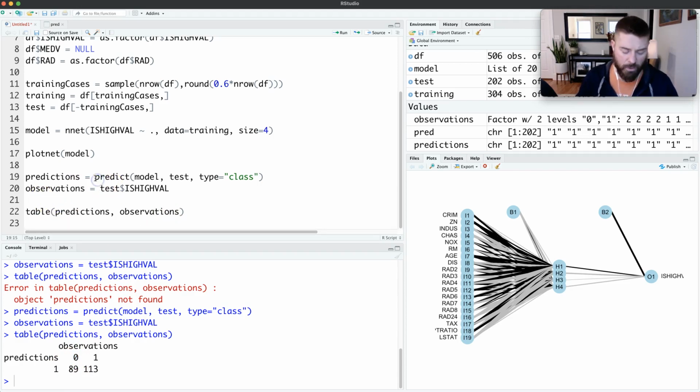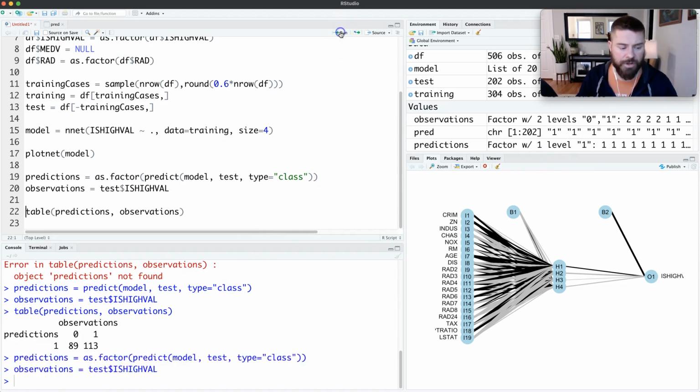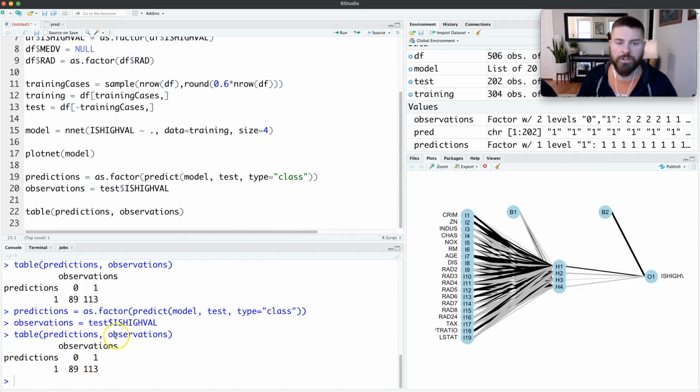So let me fix this while we're here. So I'll say as.factor. And again, this is not something you'll necessarily know until you look, but you can see that it's outputting ones, and that's good. I mean, category 1, that's fine, but it's a little strange, isn't it? So what's going on here? It turns out that we've intentionally missed a really important data pre-processing step,